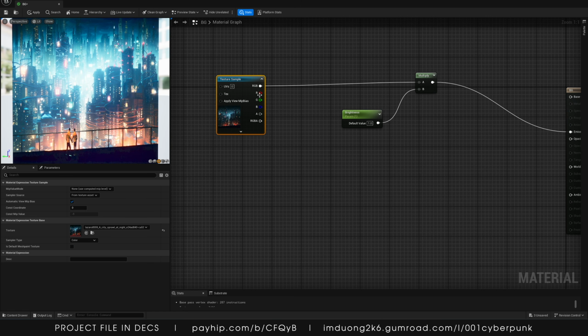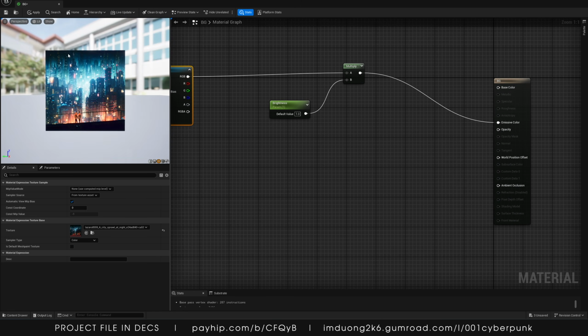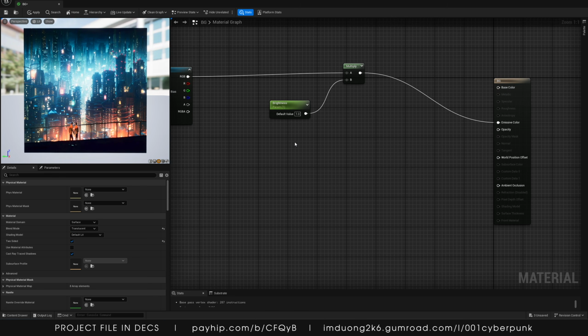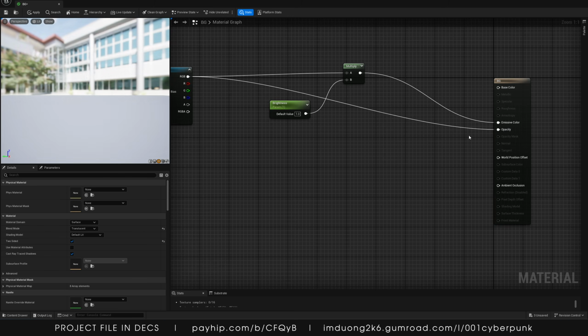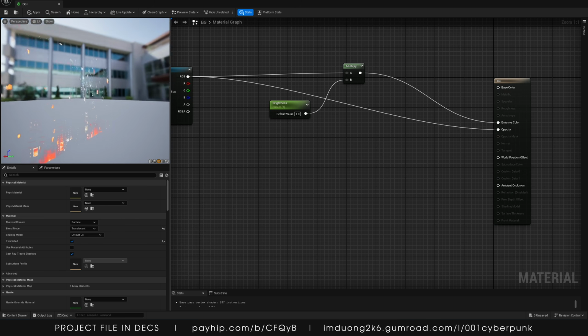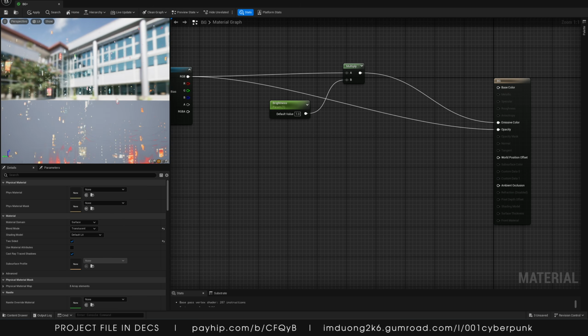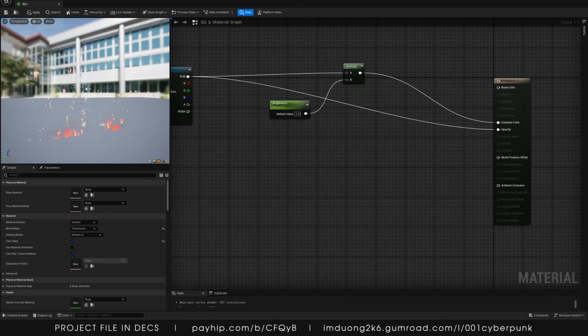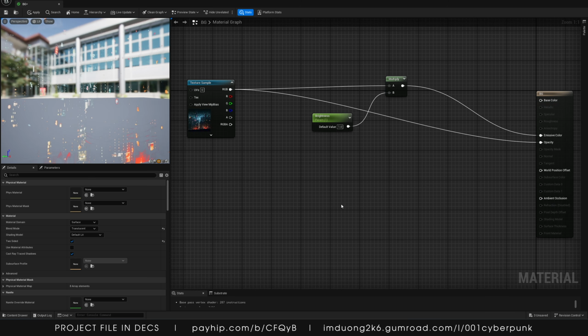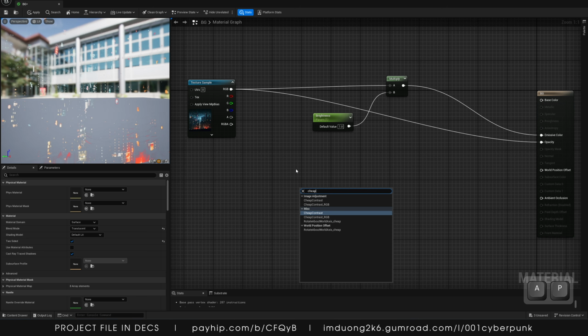Now I'm going to make this one remove the black points. In order to do that, we're going to drag this one into the opacity, and we have it right now. But now I wanted to control the amount of black that's going to be removed. So how can I do that? It's pretty simple. We're going to add a new node named cheap contrast,